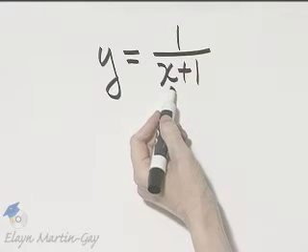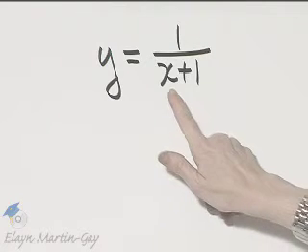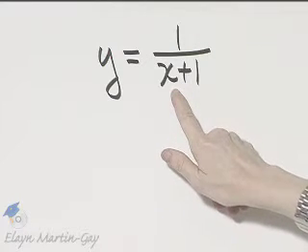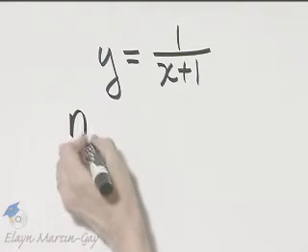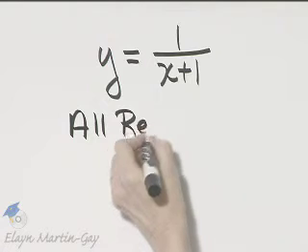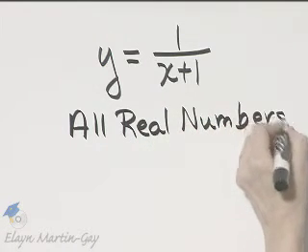That's if x is -1. So what's the domain of this function? X can be any real number except -1. That's the domain. All real numbers except